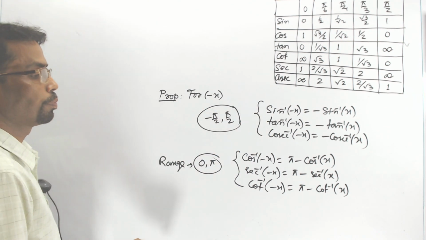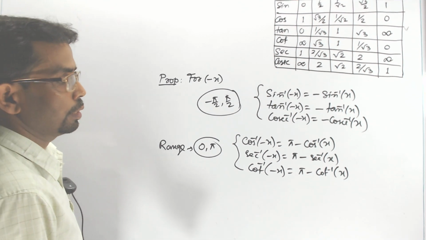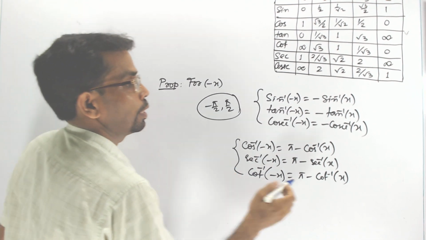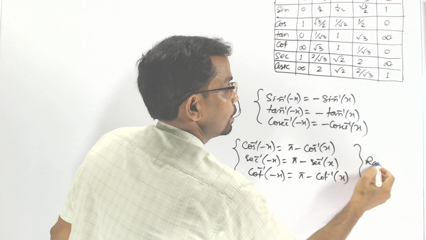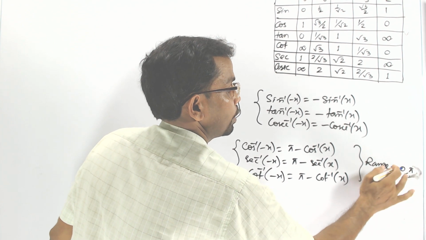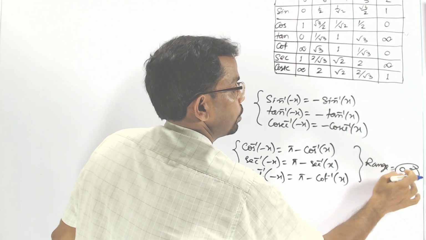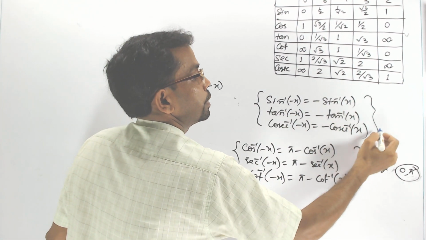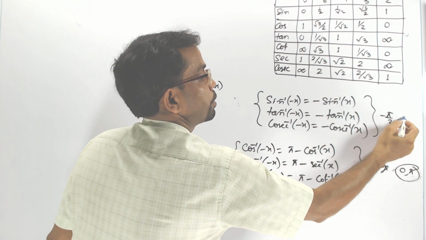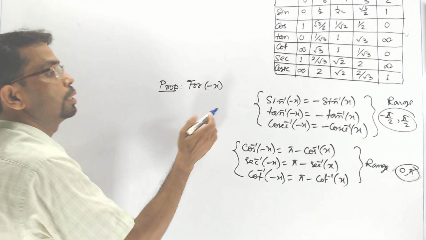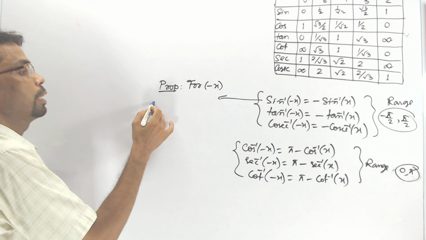You see, I'll write the range for this part. I'll erase, I'll write here again. Their range is 0 to pi. Closed or open, I am explaining now how to understand here. And this one I'll erase, I'll write it here. Their range is -π/2 to +π/2. This is their range. Now how to write, you see, for sine, range will be